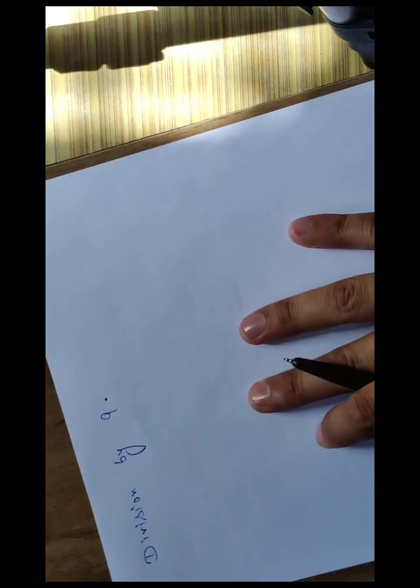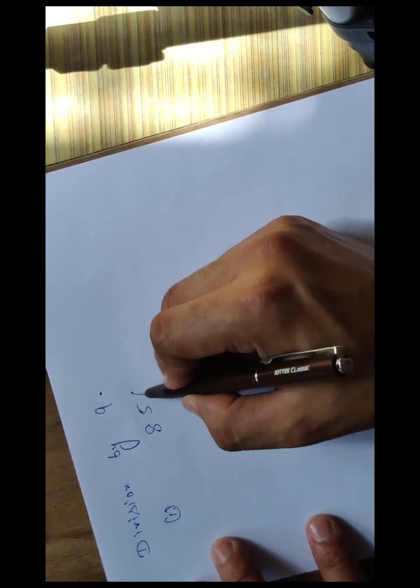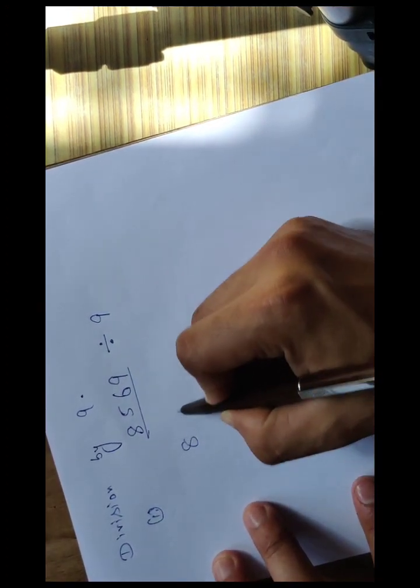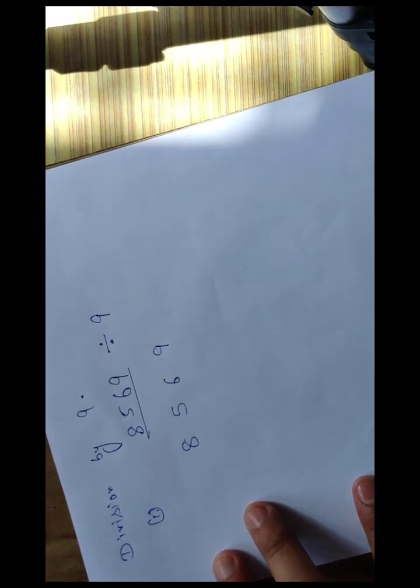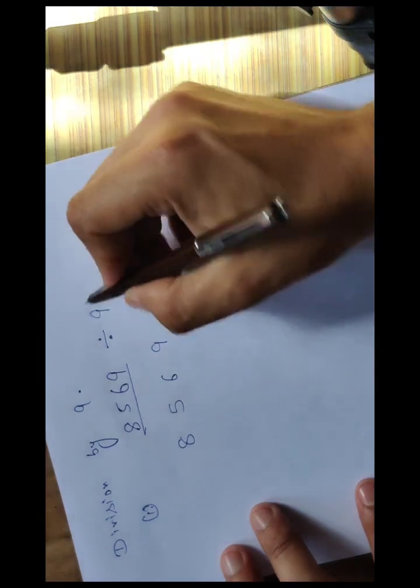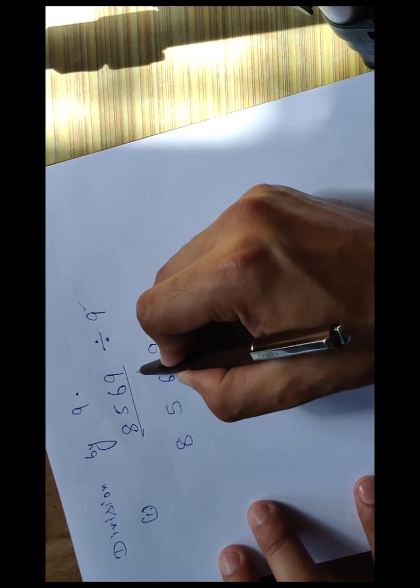Division by 9. When we divide any given number by 9, what steps do we follow? The first question is 8569 divided by 9. In this case, first write the number, 8569. Draw a vertical line such that the number of digits on its right is equal to the number of 9s. How many 9s are there? Only 1. So from the right side, skip only one digit and draw a vertical line.